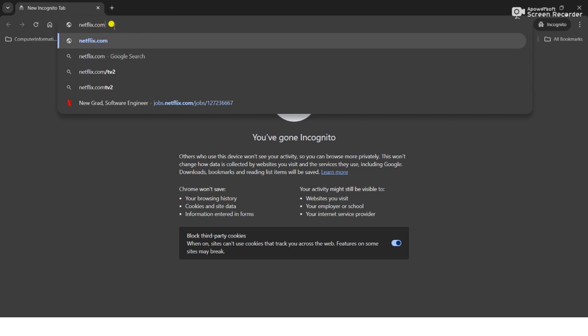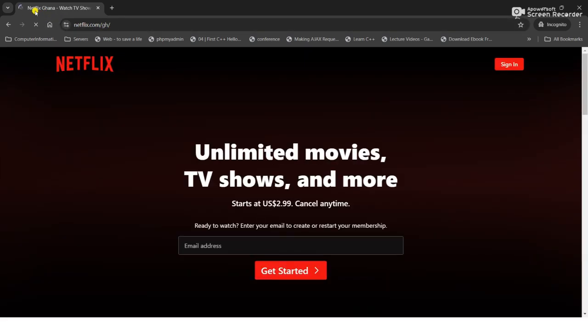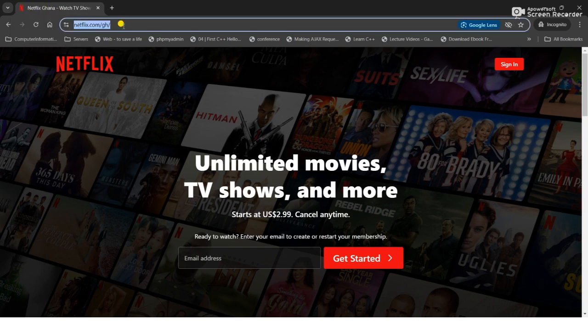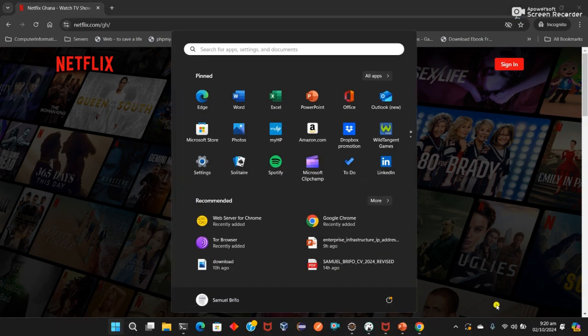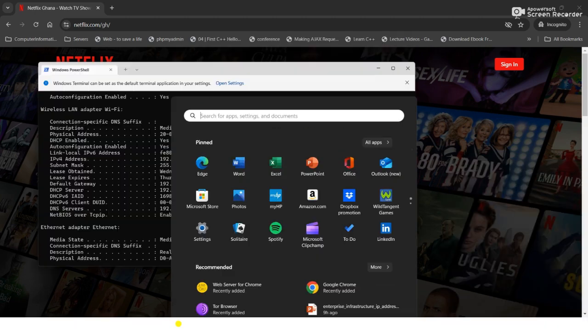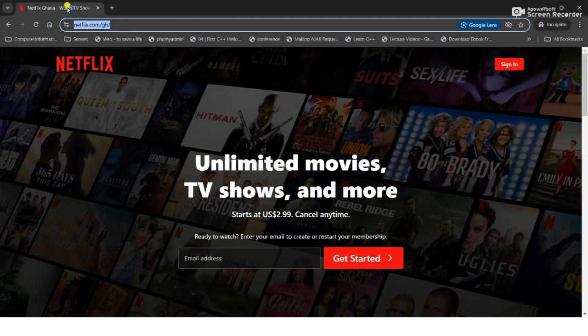So netflix.com. But if I hit netflix.com right now, trying to access that website, it doesn't say Netflix UK or Netflix USA or Netflix Russia. It says Netflix Ghana, which means that just by establishing connectivity, by connecting to my router and having an IP address, it's been able to tell my location. It's telling me, hey, end user, you are coming from Ghana, so this is the landing page of the site for Ghana.